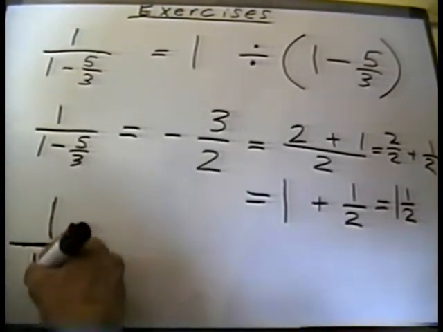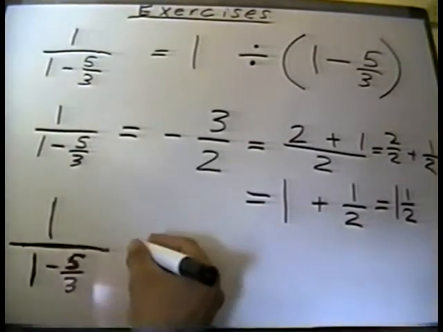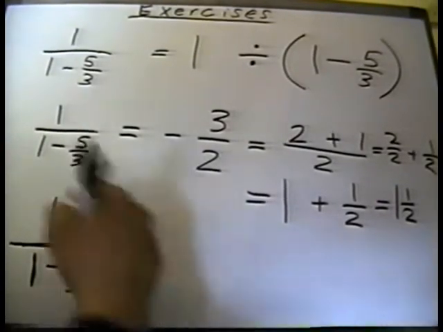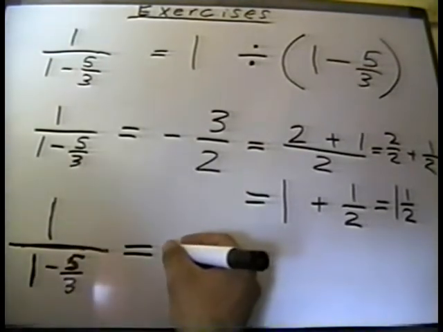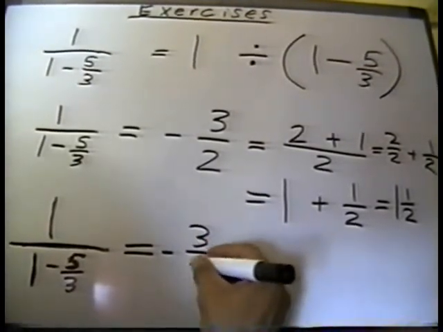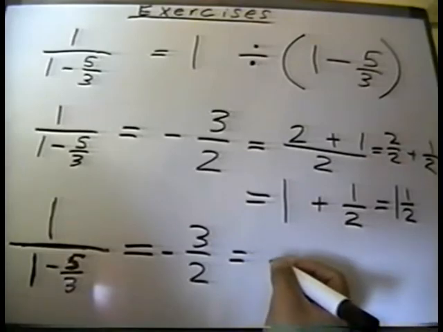Means 1 over 5/3, or 1 divided by 5/3, over 1 minus 5, or 1 divided by 1 minus 5/3 equals